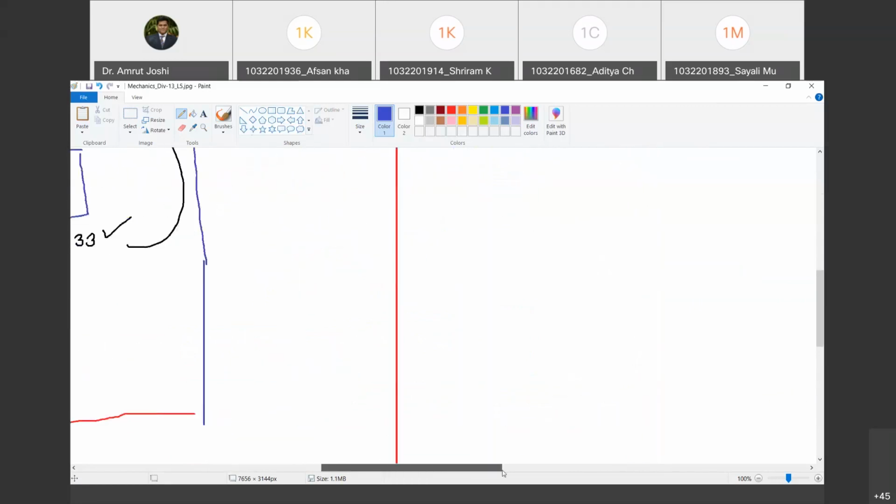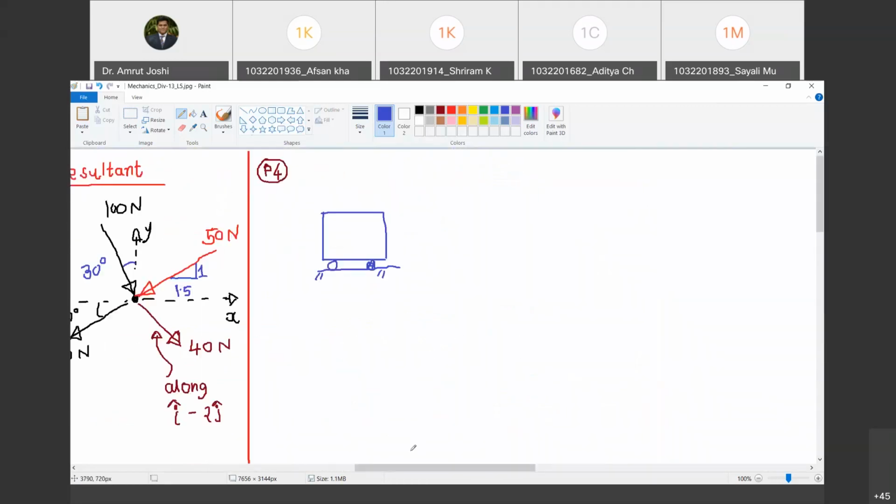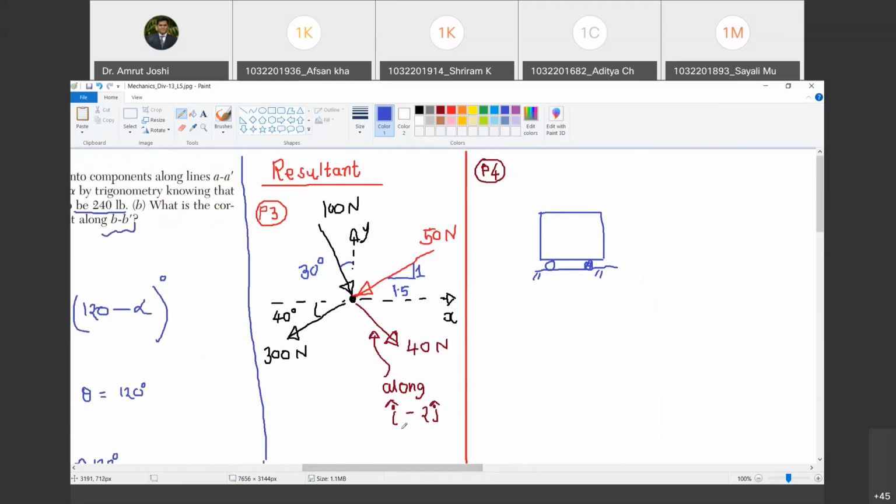Now let us proceed. Deven, are you with me? Yes, sir. So in this class, we are going to toss a new term that is called resultant of a force system. So I am not going to theoretically define resultant. Instead of that, let us solve few problems and then we will characterize what do we mean by resultant. So now consider problem number 3. You have to find out resultant of the force system shown. So what you have to calculate is resultant.